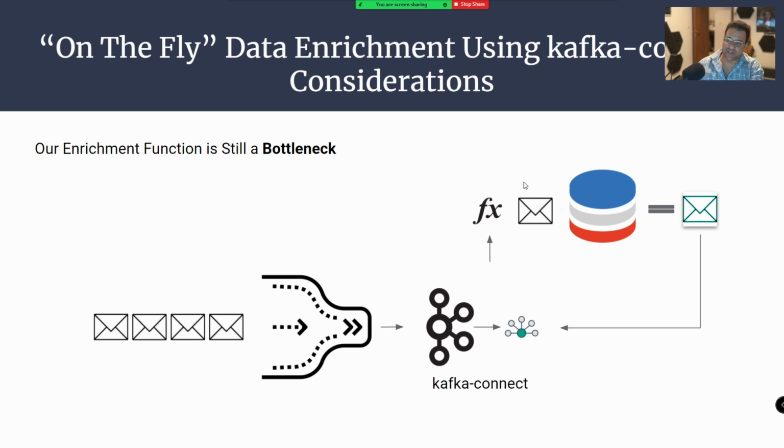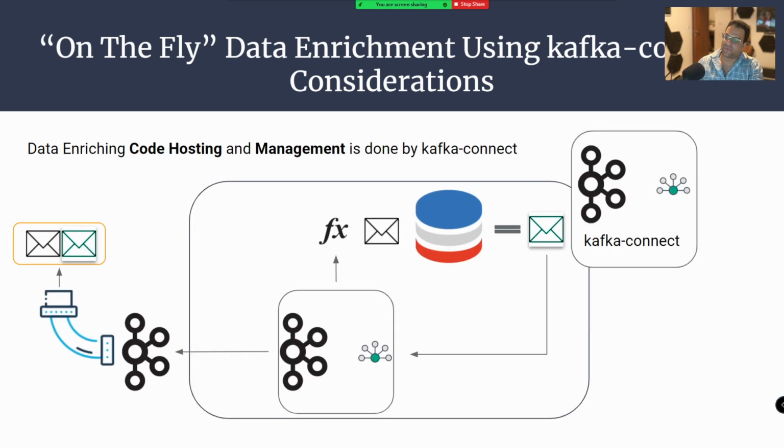Our enrichment function is still a bottleneck, meaning that even though we are now managing batches of messages by Kafka Connect, it passes batches of messages to us. We are still blocking. We still go to Redis per each message and ask for the current value. We are better in terms of code hosting and management,